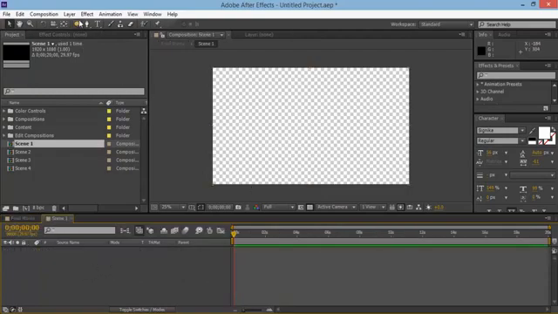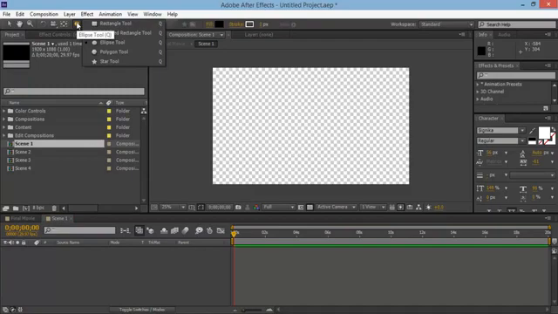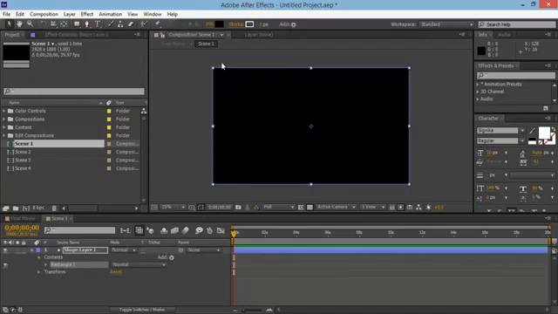Then what we want to do is click on the shape tool up here. Now if your shape is in a rectangle, what you need to do is click on the shape tool and hold down your left click and then slide across and let go on the shape. Now what you can do is just double click on the shape and it will create a rectangle for you like so. So what I'm going to do is click on shape layer 1, hit enter and rename this as